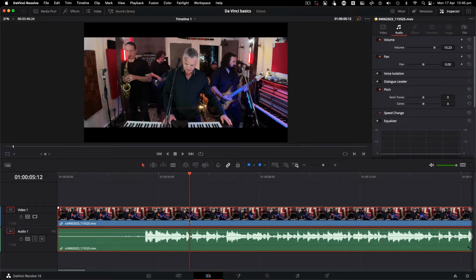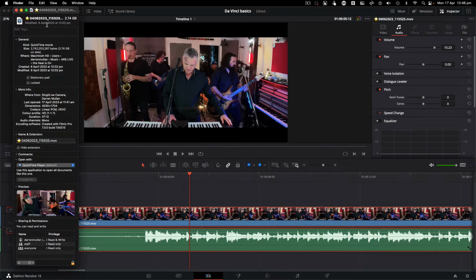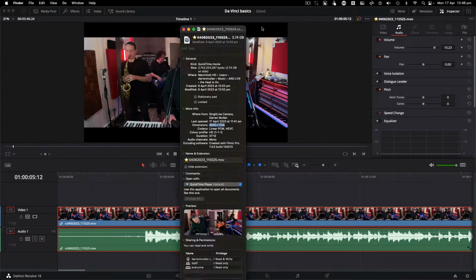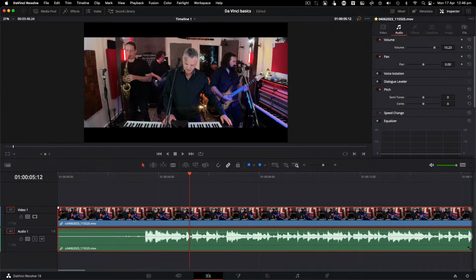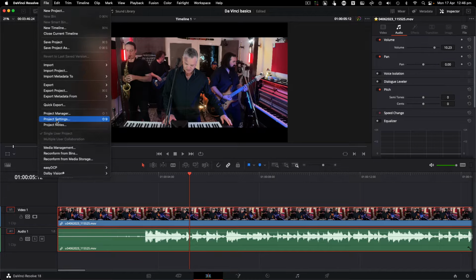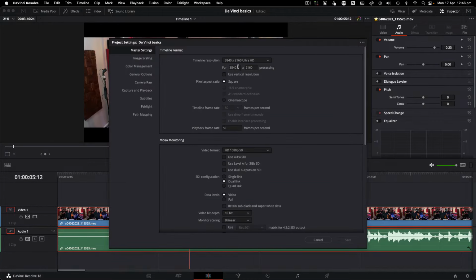So if I go back to the actual file that I've dragged in, in the Finder, and I press Command I, it drops this window here, which tells me its dimensions are 4030 by 1704. So I will just go to my project settings and put that over here, 4030 by 1704. Press save and